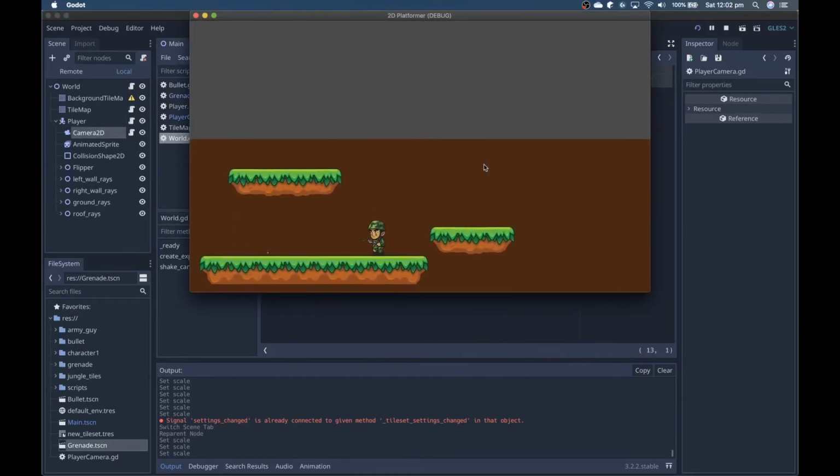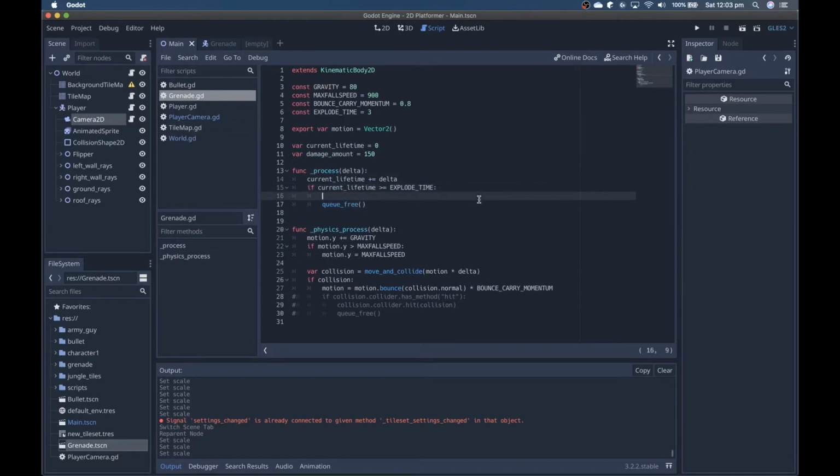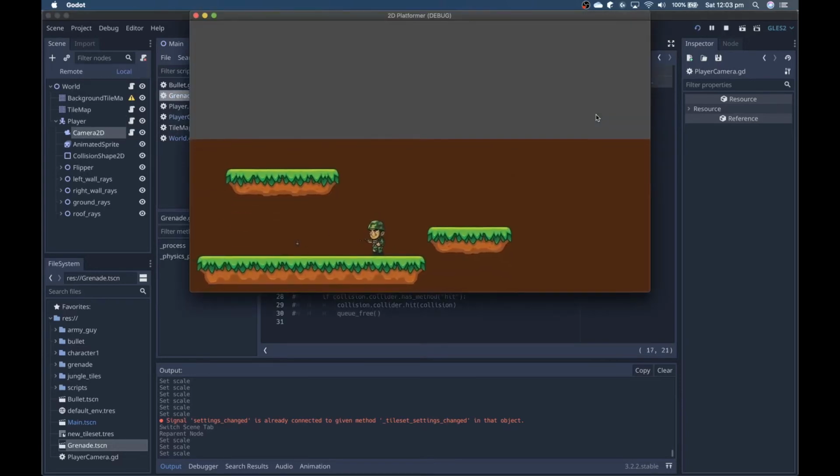And what have we got here? When I throw a grenade now, it explodes, and oh, it doesn't do anything because I forgot to link it up. So I go through and I find where I need to put that. I tell it to create the explosion, and I run it again. And now,